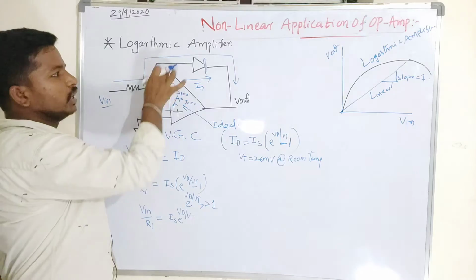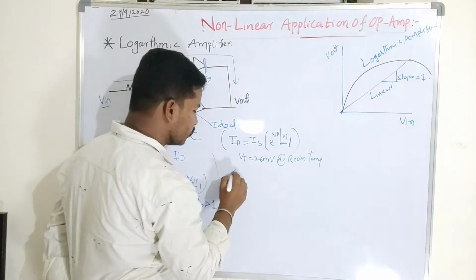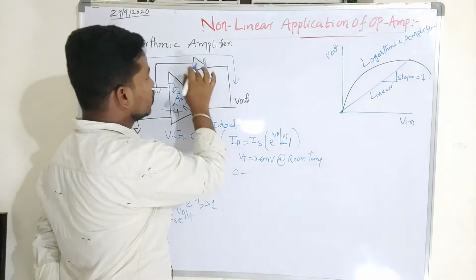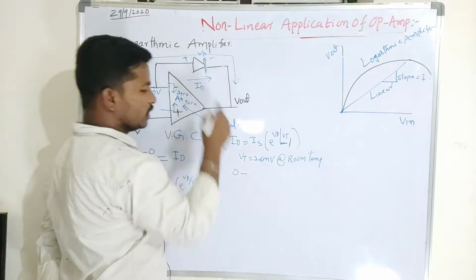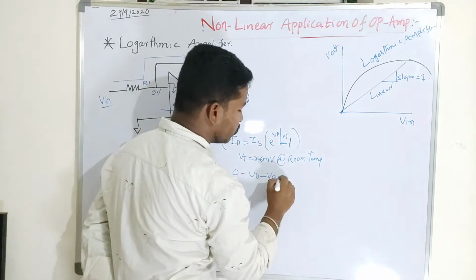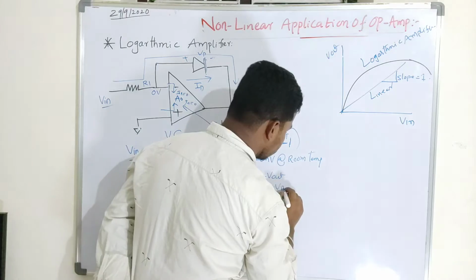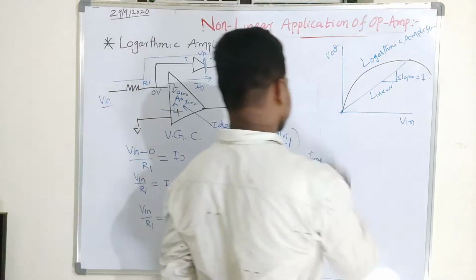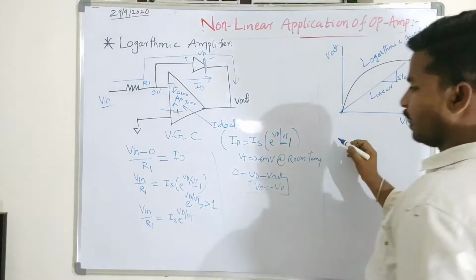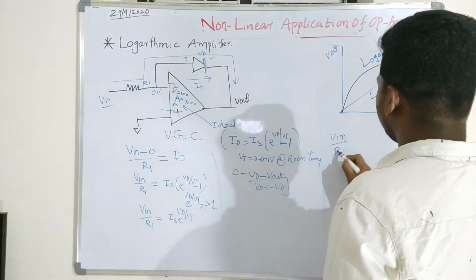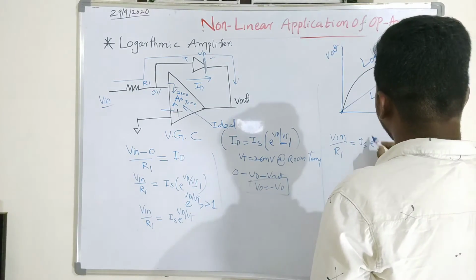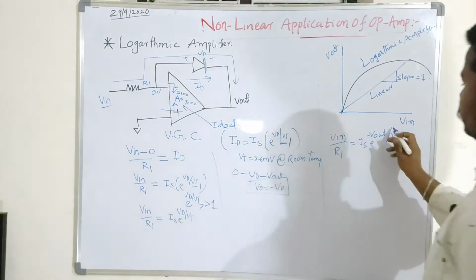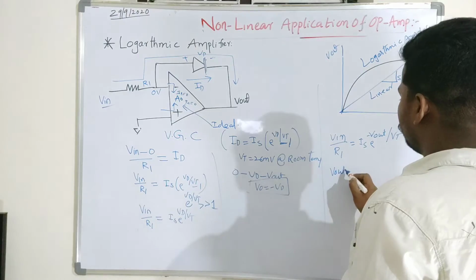If I apply KVL at this point, the potential is 0. If I want to find the potential at V output, it is 0 minus Vd, so V output equals minus Vd. If I replace this term in the equation, I will get V input by R1 is equal to Is into e power minus V output by Vt. So if I find V output, it is equal to